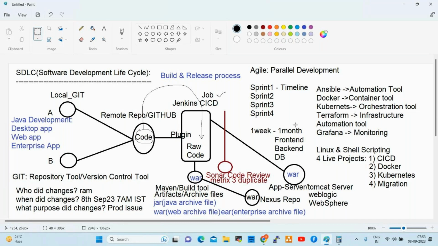In the interview, they may ask Kubernetes, Jenkins for one interview. In another interview they ask Ansible, Docker. In another interview they ask Terraform. Like that. All the projects don't use all the tools. It is project to project, as per the requirement. If you learn these tools, you can easily crack any interview.